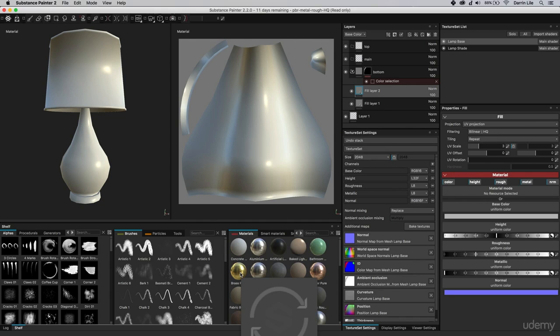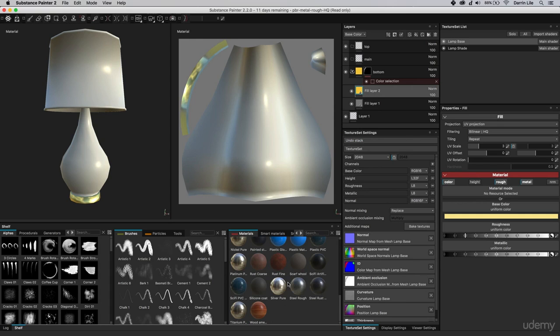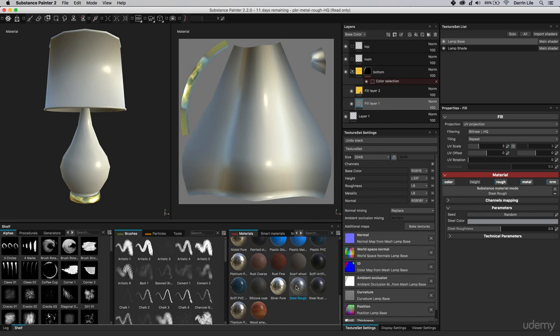Here's a brass, I can use that. So I've selected that fill layer and I'll click on the brass and there it is. And notice that it's only showing through based on that red vertex color that we selected. I think I want some sort of dirt or something underneath that, so maybe I'll choose this steel rough here. Let me choose this fill layer, click on the steel rough, and now we need to allow that